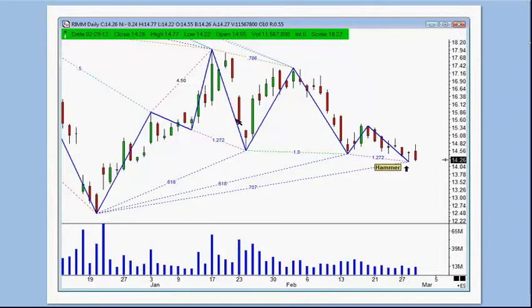Now, here is RIM. So this is fresh from yesterday, if you will. And so RIM showed up with a hammer candle. What you did have is this expansion. I haven't researched RIM enough. But when you take a look at RIM off of the bottom here, you can see that you did have a breakout on volume off of this bottom here. Looks like you have made a Gartley, and if we have time, it's 3:45.